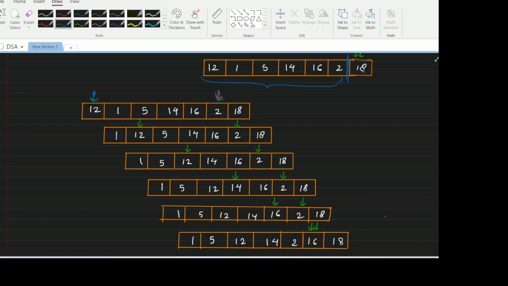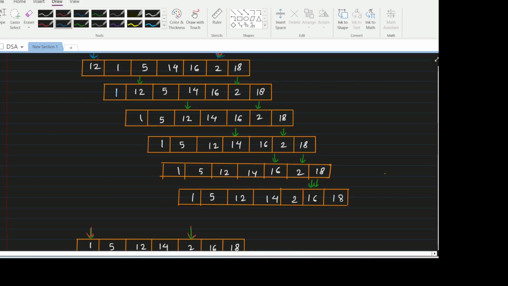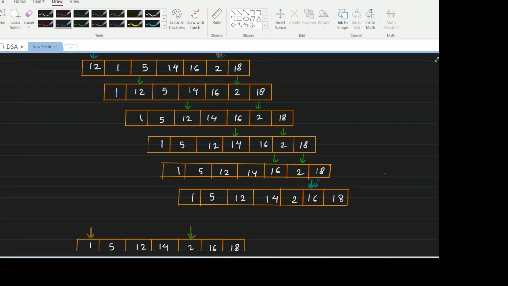Then we compare 12 and 5, then 5 comes here and 12 comes here, and we do so until we reach the end pointer. At this place we terminate, and this will be pass number 2. We have sorted two elements, 16 and 18 have been placed in their correct positions,